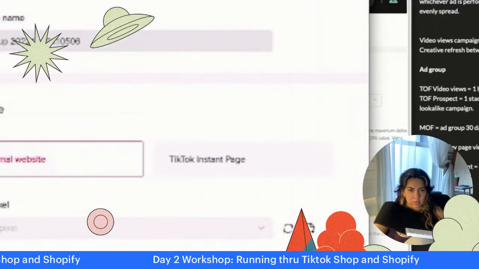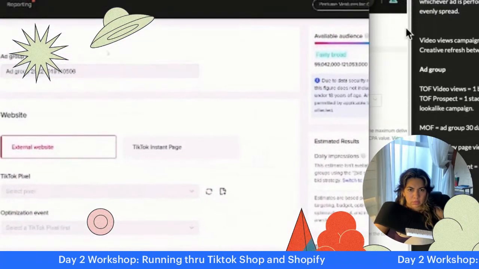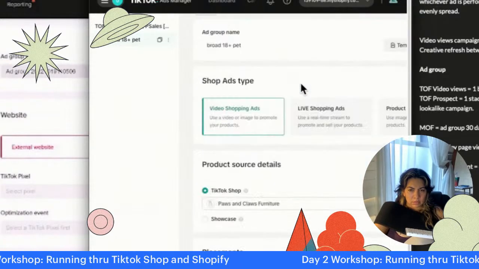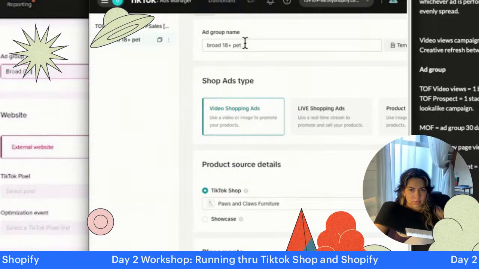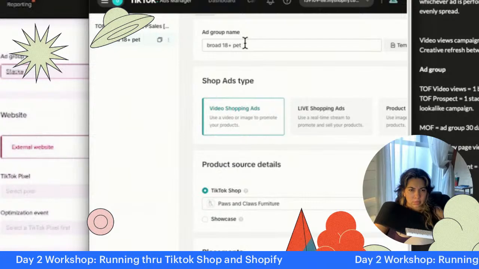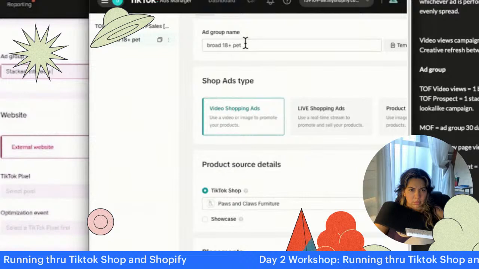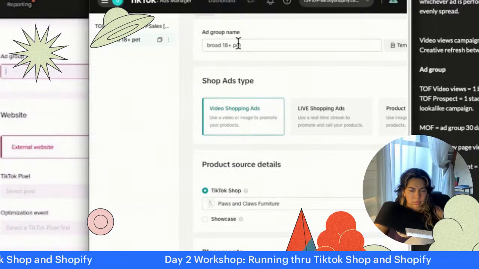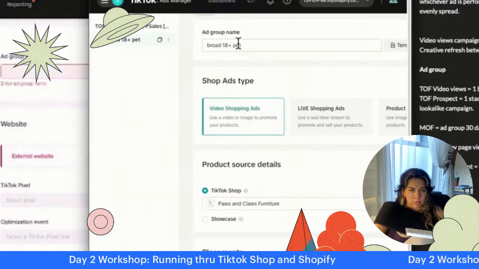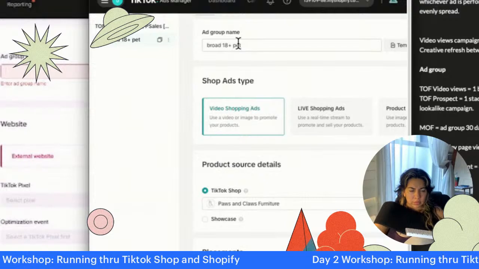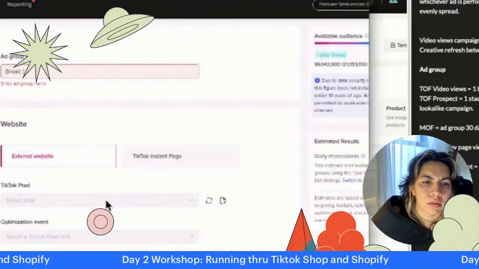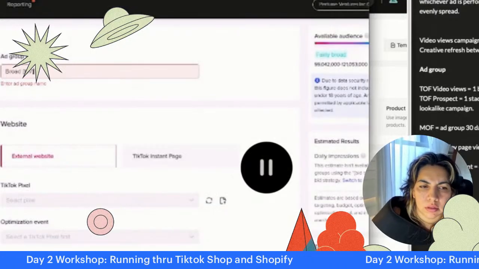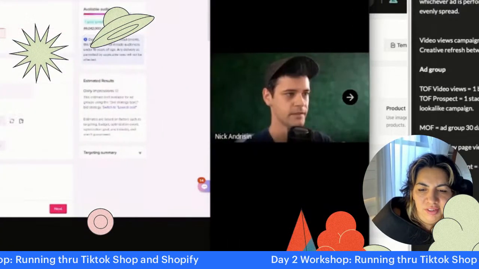First is your ad group name. It's totally up to you. For us, we typically change our targeting in our ad groups. We like to name our ad groups based on the audiences that we're targeting. So here, this could be a broad male only, or this could be maybe stacked interests, Pinterest, but also maybe only 24 plus the age range. So really, we always put our name in here depending on the type of audience that we are targeting. If we're split testing maybe different bidding strategies between lowest cost and highest value, we'll also possibly do that in here, broad LC or broad HV. What did you say? LC or HV or